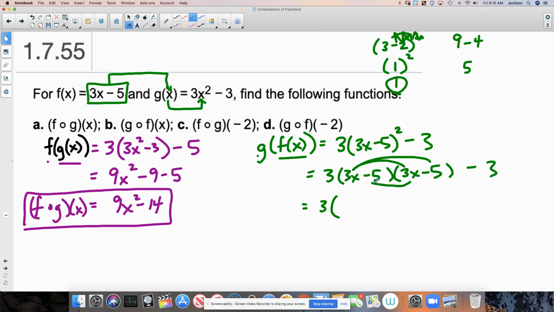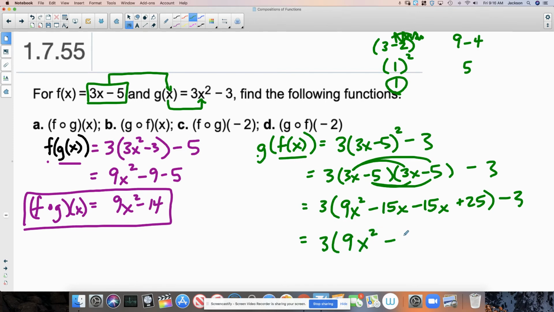3x times 3x is 9x squared. 3x times negative 5 is negative 15x. Negative 5 times 3x is negative 15x. Negative 5 times negative 5 is positive 25. Then we still have a minus 3 here. Now this whole product gets multiplied by 3. So you can combine these together, or you could distribute and then combine after. Let's do our order of